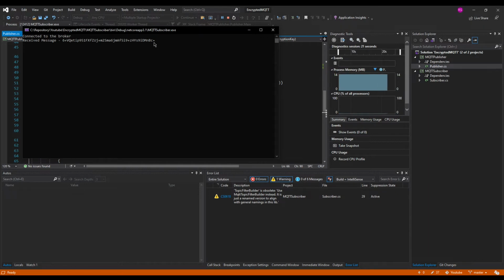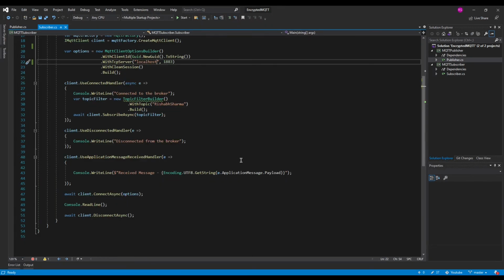This is what will happen to the third party clients which are trying to connect to the broker and listen on the same topic but are not authorized. Hence, they don't know the encryption key, and since they don't know it, they cannot decrypt the message in its original form, and this is what they will receive.